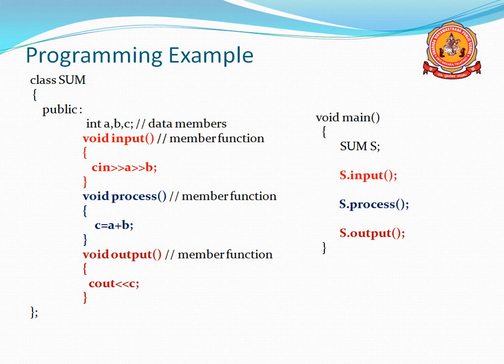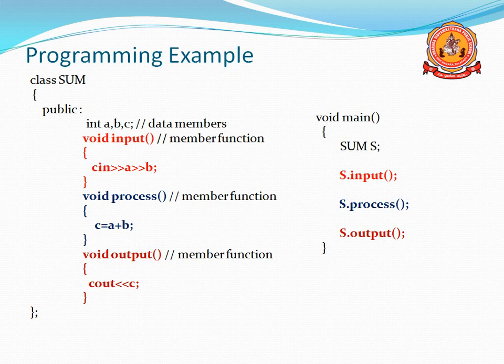And we will see the program example. Here in this programming example, I created one class, sum. Then an opening bracket, and at the end you can see the closing flower bracket and the semicolon. That is known as the class body. Inside the class body I used only one access specifier, that is public. Later we will discuss other topics, private or protected. So public, not semicolon, a colon is required.